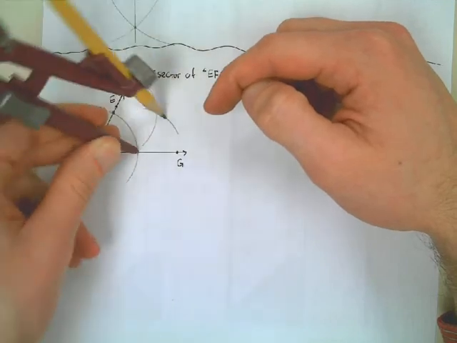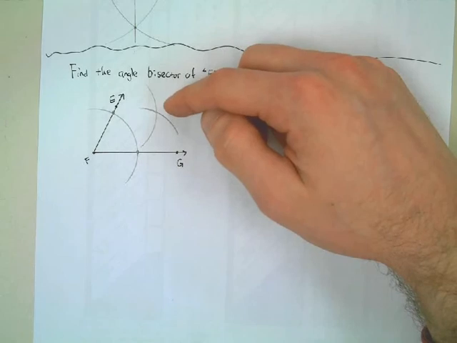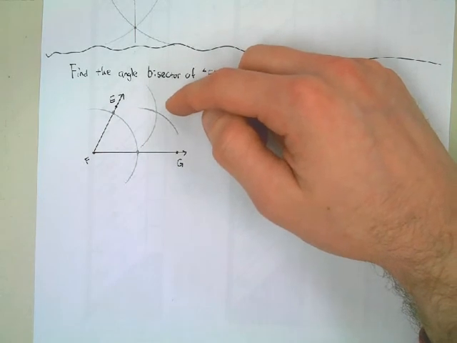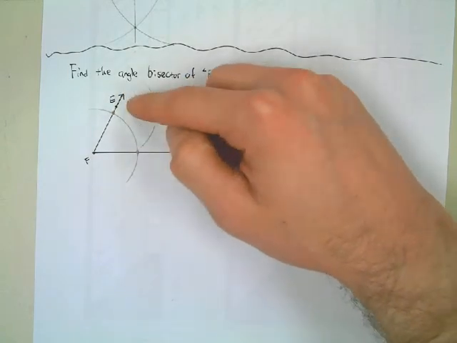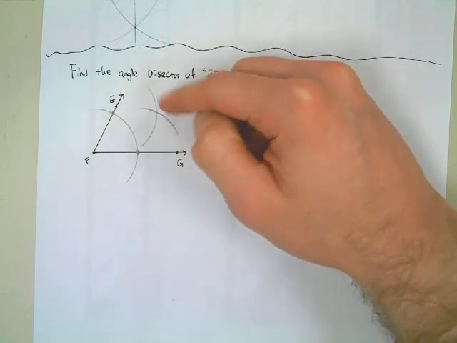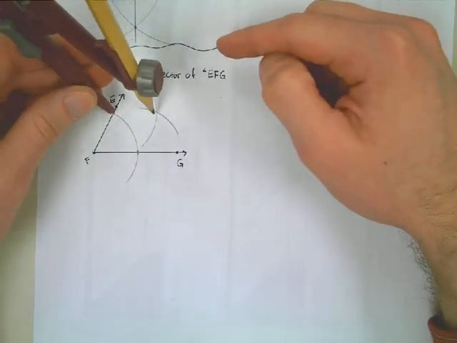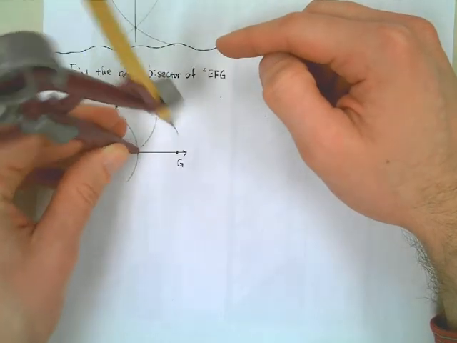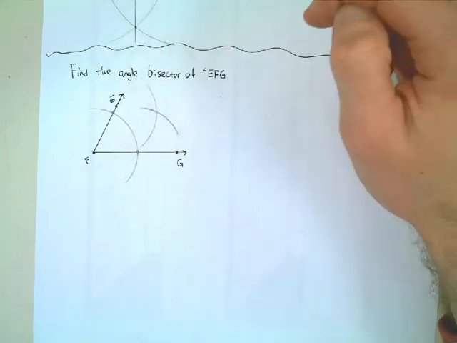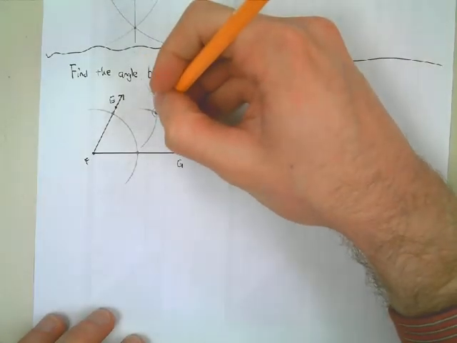Where'd you get the middle one? This one? This one right here? From this point, swiped in, and then from this point, swiped in, and they should intersect. You're looking for this point of intersection right here. That creates one final point, which now if we take our straight edge and draw from the vertex through that point,